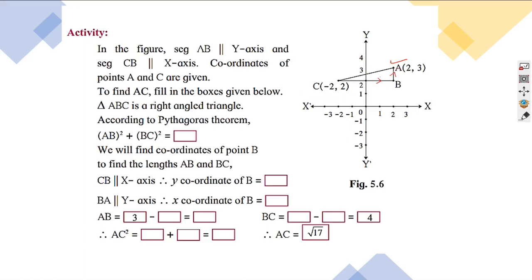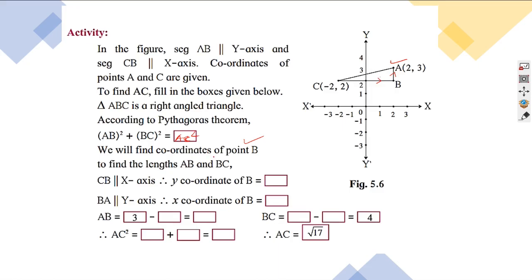ABC is a right angled triangle, right? And according to Pythagoras theorem, AB square plus BC square is equal to AC square. We will find the coordinates of point B. तो ये B के उधर क्या लिखना है ये हम ढूंढने जा रहे हैं. देखने से मालूम पड़ता है लेकिन वो हमारा तरीका नहीं ना. We will try to find out mathematically. To find the length of AB and BC,